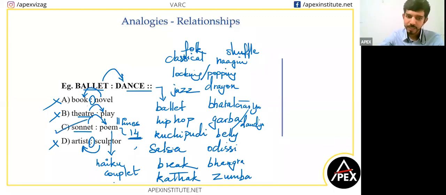Yeah, and I think sestet may also be 6 lines. I think so. Yeah. Haiku is interesting. If you guys look up haiku on Google, you will get some really nice poems. Of course, they sound better in Japanese, but in English translation also, some of them are really good.